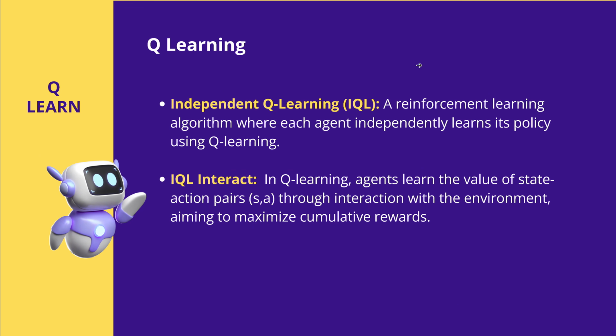Now, you know, of course, the way we do it in a classical way is independent Q learning. So we have a reinforcement learning algorithm where each agent independently learns its policy using Q learning. This is a traditional path. And then in IQL, we have agents that learn from the value of state-action pairs, you remember my last video, through interaction with the environment, aiming now to maximize, not a single reward, but a cumulative reward function. So this is now a very simple, straightforward way how we try to solve an optimization